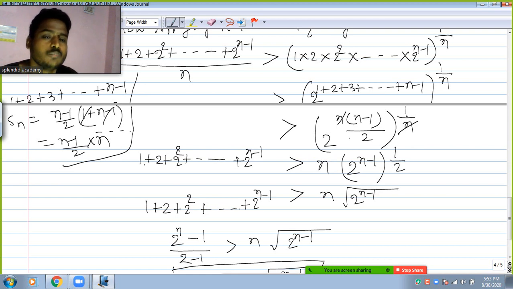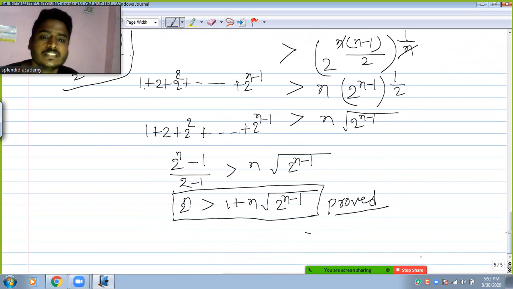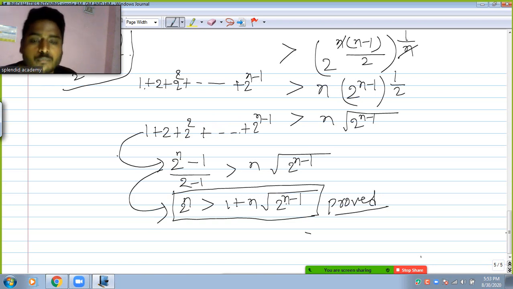So this n will be cancelled out, of course, and I have shifted this n towards the RHS, and n is positive, so there is no effect on the sign of the inequality, right? And this 1 upon 2, I can write as a square root of 2 to the power n minus 1, right? Now this result is greater than this, and again in the same way I can write from here to here and then here to here, and this is the result that we have to prove in the question. So that's how I proved this result with the help of the AM-GM inequality. So this is one of the applications, and there are so many questions, right?